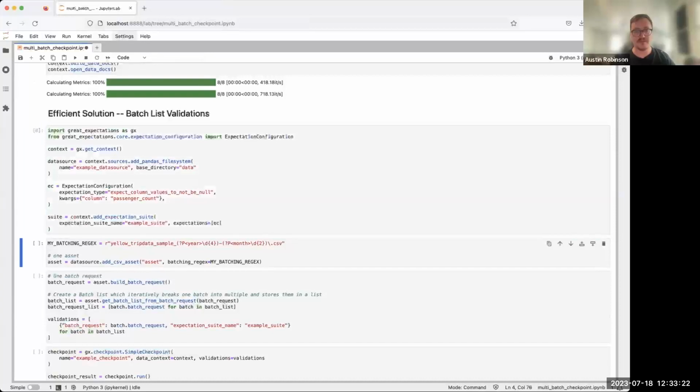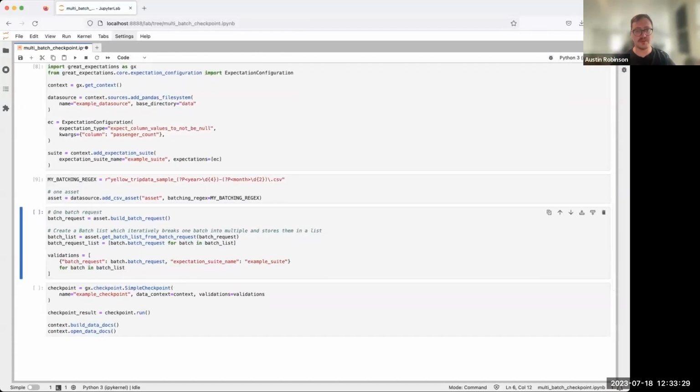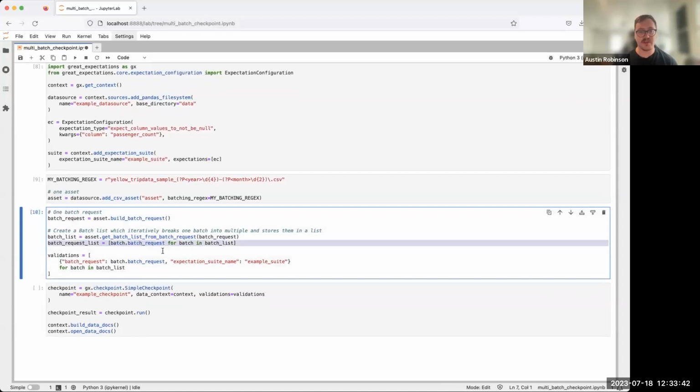What we can do instead is specify a single regex that's going to capture whatever files we have in that directory. We build a single batch request instead of having to build explicit batch requests for every file. Then we call batch list from that single asset, and split that batch list out batch by batch, capturing every file Pythonically with this list comprehension, and then building validations batch by batch without having to be explicit about how many batches there are or what their names are.